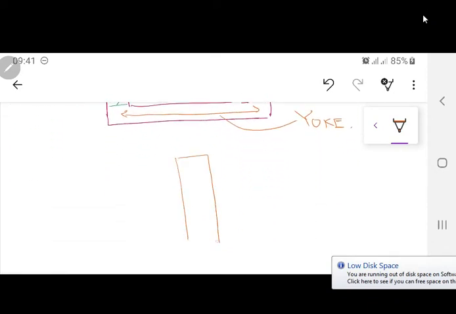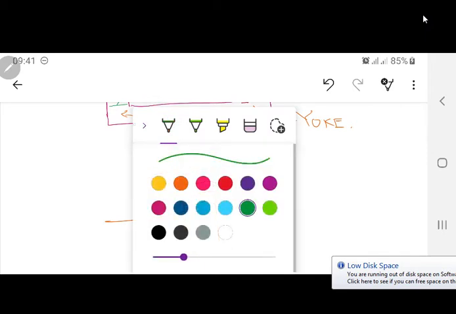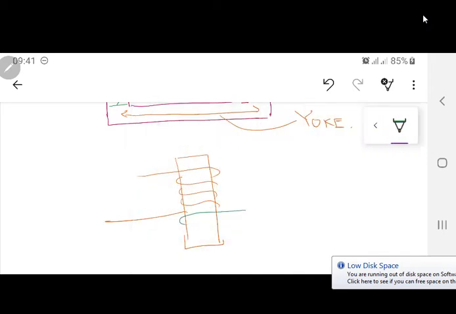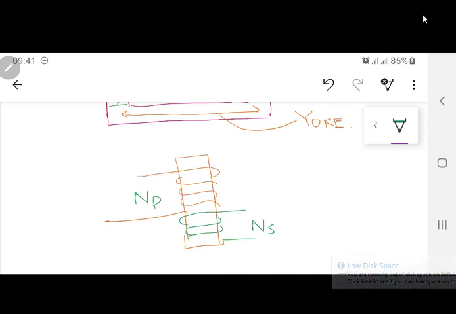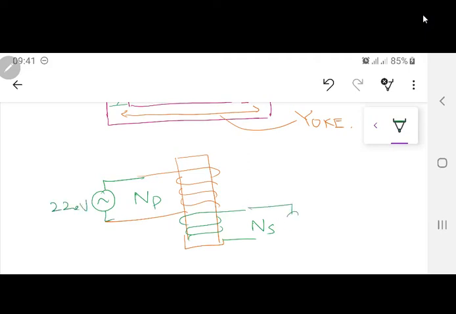Suppose you have a simple ferromagnetic material like this, just for example, and I have a winding on this one. This is, you can call it, the low voltage winding or the primary winding, and then here you have a secondary winding. So you have NS number of turns here and NP number of turns. Is this a transformer? This ferromagnetic material, just this bar, you have a primary winding and a secondary winding. It's a 1-to-1 ratio transformer, assumingly. So you are applying supposedly 220 volts here. Will you get 220 volts on your voltmeter over here?